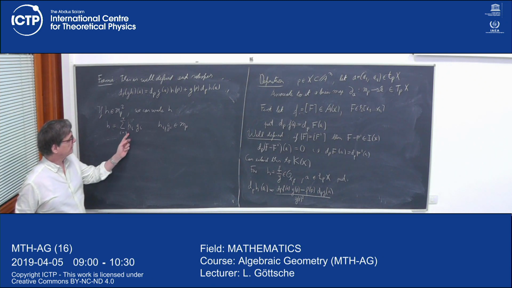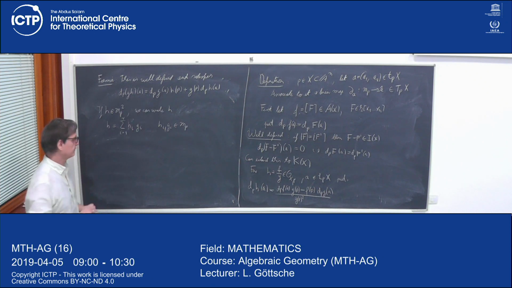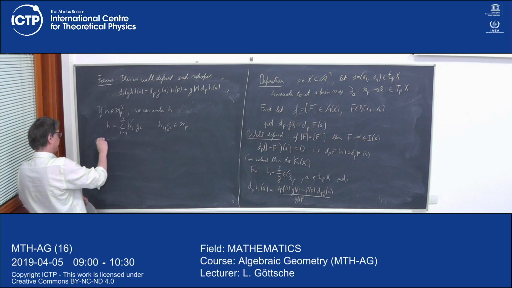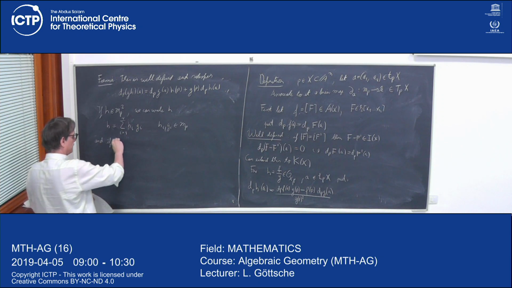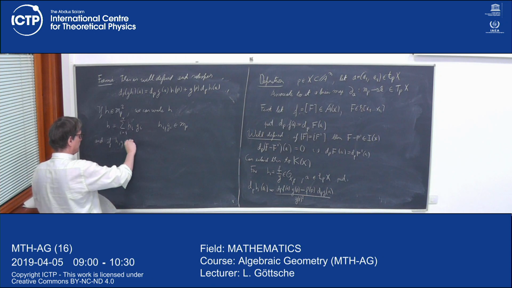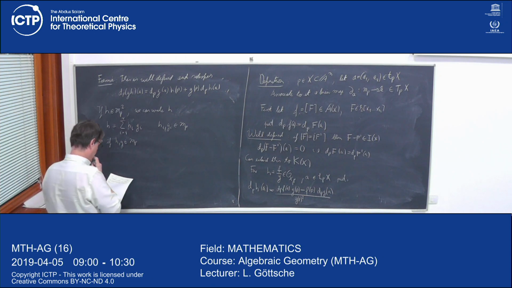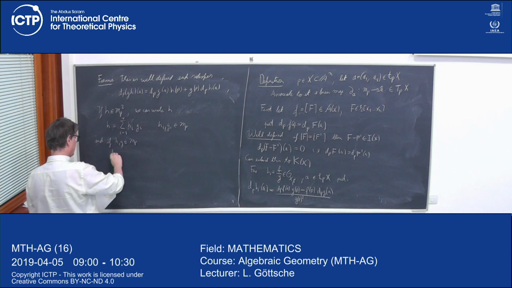On the other hand, we see that if we have a product of two elements in M_P, we will get 0 by this statement. So if H and G are in M_P, we have that